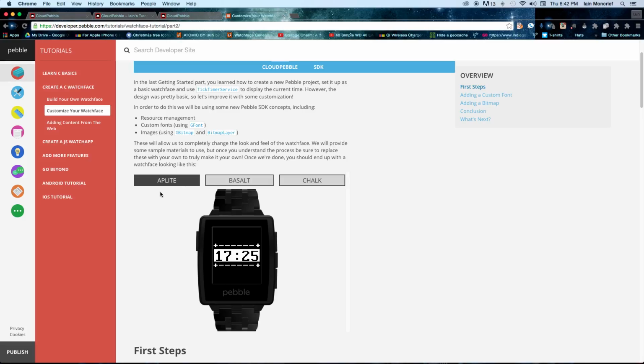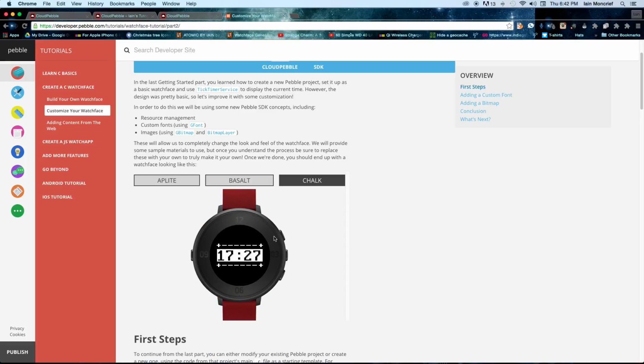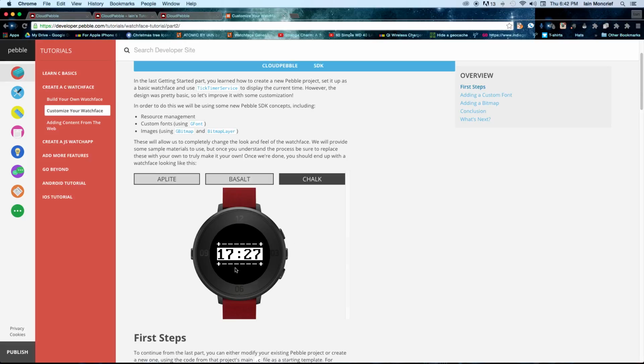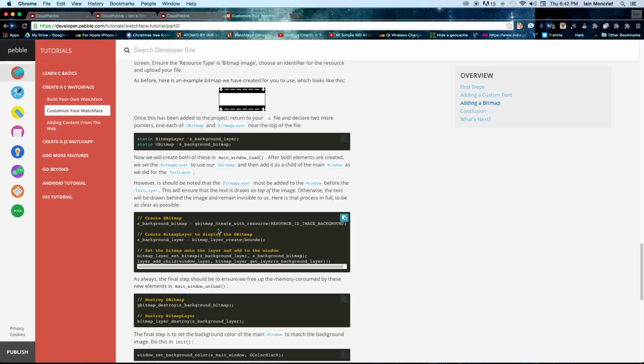So these are the operating systems that each Pebble has. Aplite is square or rectangular with only black and white, which runs on Pebble and Pebble Steel. Basalt, Pebble Time and Pebble Time Steel, also has color. Chalk is color and it's round. Those are kind of cool, but they're not waterproof and the battery only lasts for 3 days. So sadly,